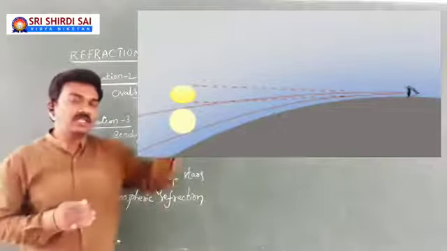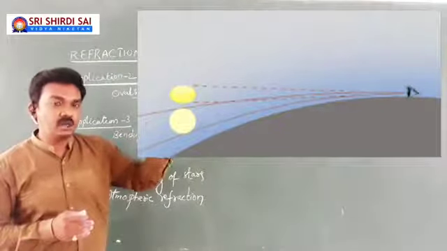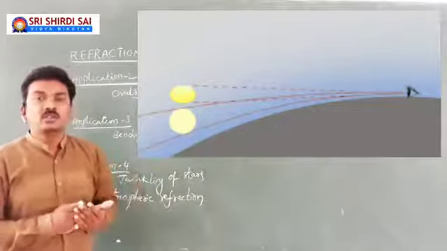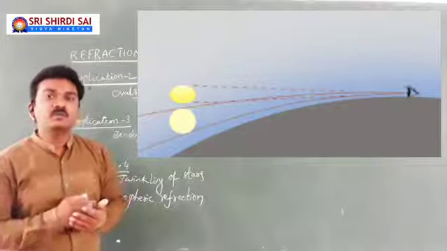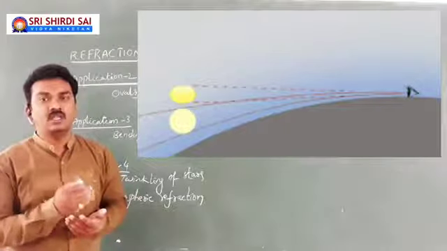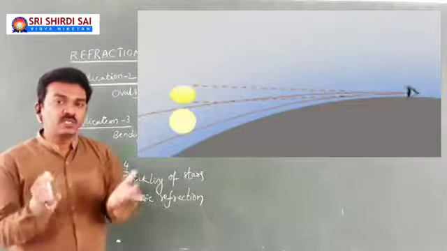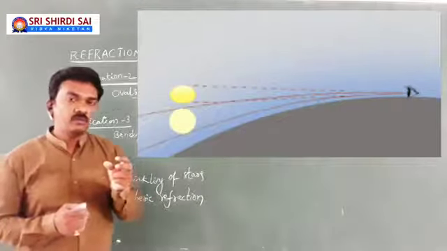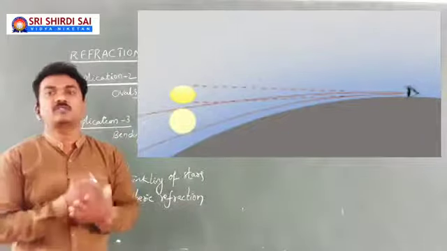So in this situation, when the sunlight is traveling through the atmosphere, it undergoes refraction at different layers of air at different times. We call them multiple refractions. Due to these multiple refractions taking place in the atmosphere, we find the virtual image of the sun, not the real image. The virtual image of the sun appears to be bigger in size and lower in shape. It's all because of refraction of light, which causes the virtual image.